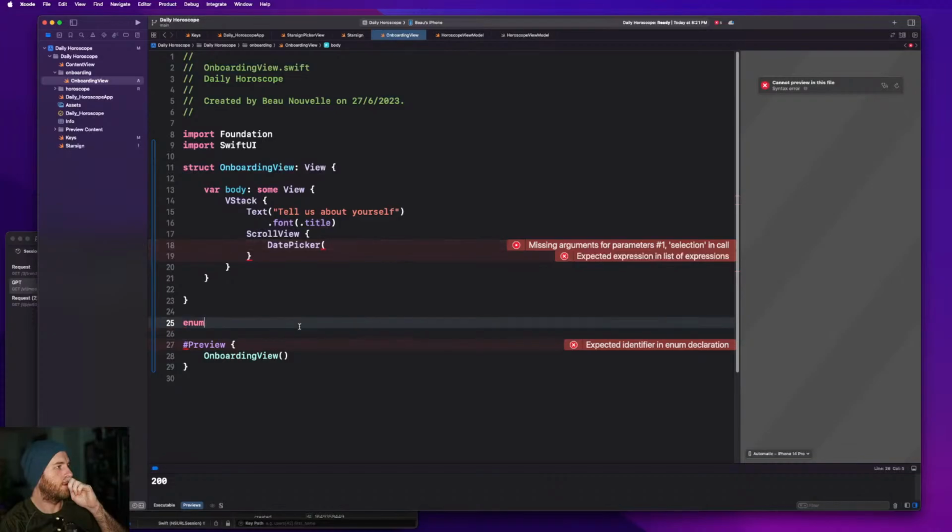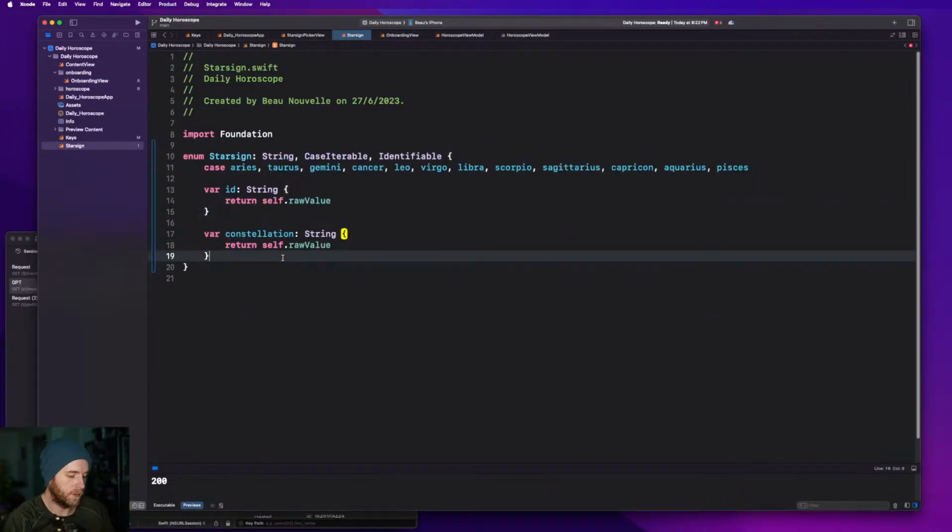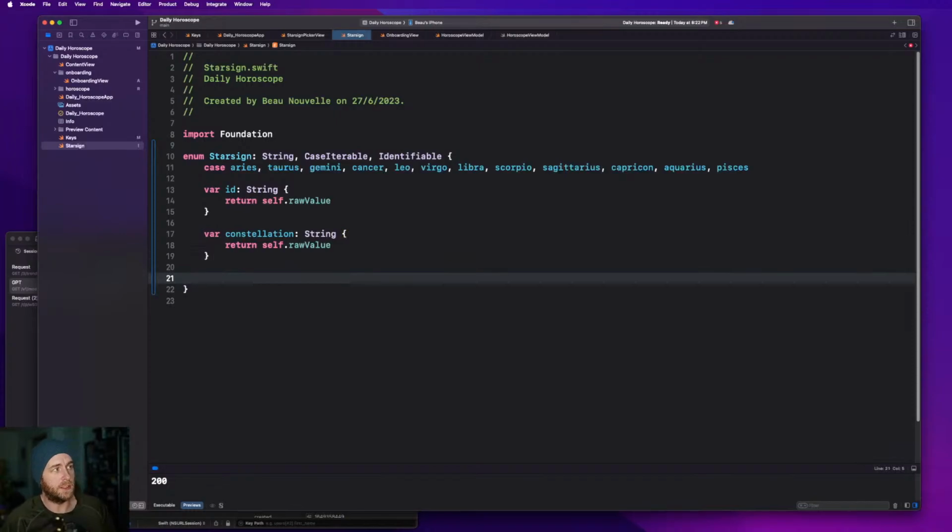And what I can do then is, because we've got this star sign enum, we can have a function here. We can pass through a date and it can return which one it is, right? So maybe we just do a static function on this. And because static means we can just call it directly, like we don't need to, yeah, we can just call it directly on the type. So,